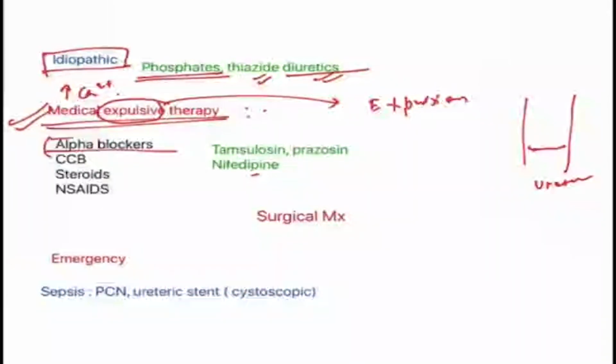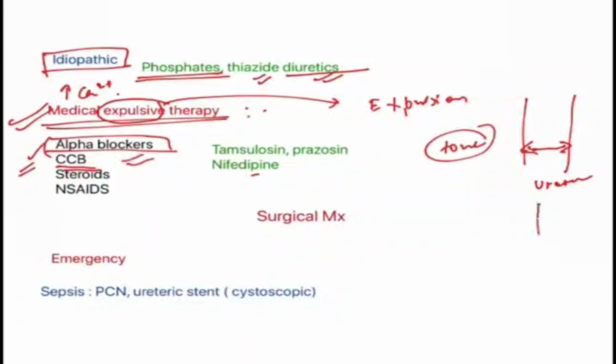So if we give alpha blockers, since alpha increases the sympathetic tone, when these alpha blockers are given, the muscles get relaxed. Also calcium channel blockers act by decreasing the tone of the ureter and dilating the ureter, and help in